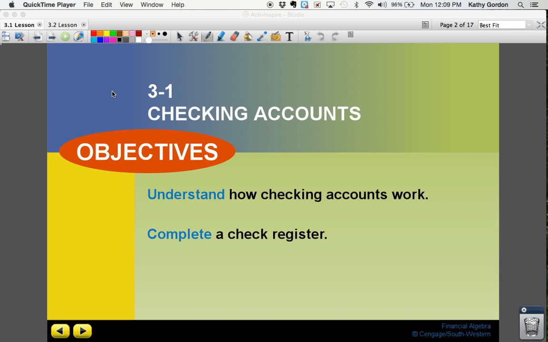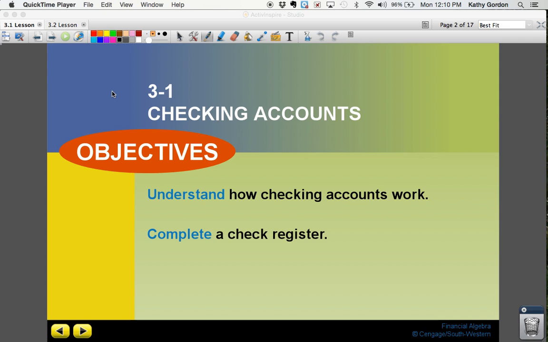So in 3.1, you read about types of checking accounts and a little bit about rights and responsibilities and kind of the ins and outs of a checking account. What we're going to talk about is a little bit about the different types, about some of your responsibilities when you have a checking account, and then actually show you how to fill out a deposit slip and an actual